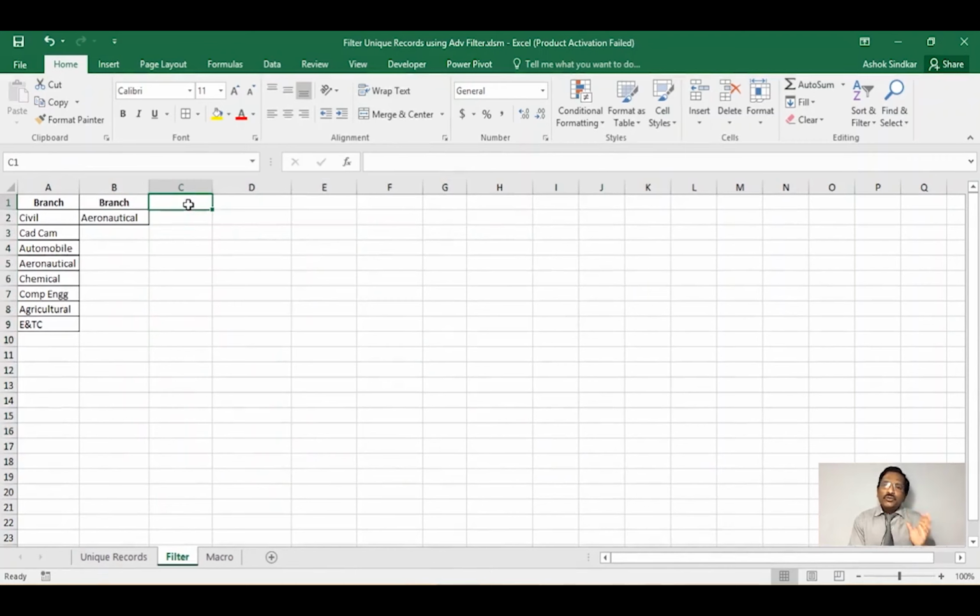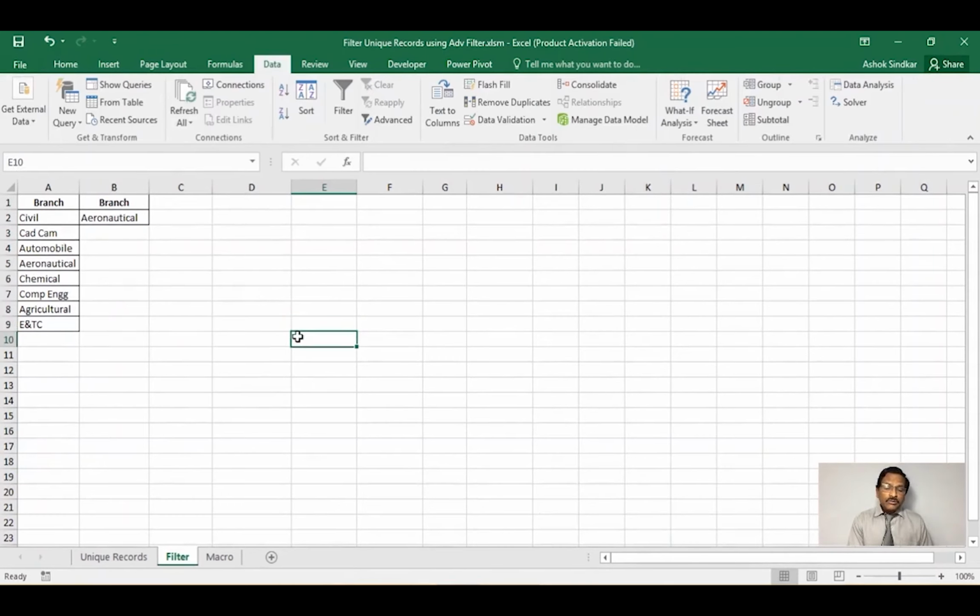Now again I wanted to use filter, advanced filter. So I can select any single cell. You can select the cell where you want to get the result, or you can select a different cell also. We are going to define where I wanted to get results later in that dialog box. But in this case you need to remember, you should be in that sheet only where you wanted to bring